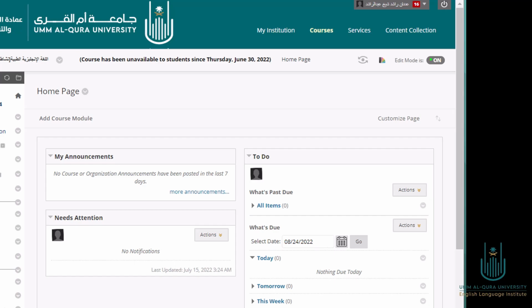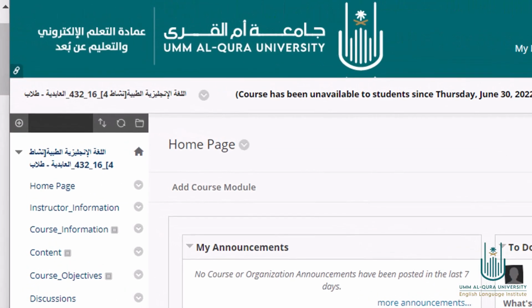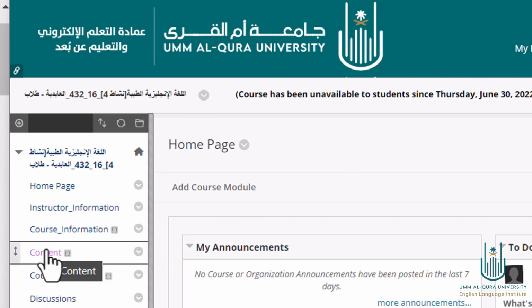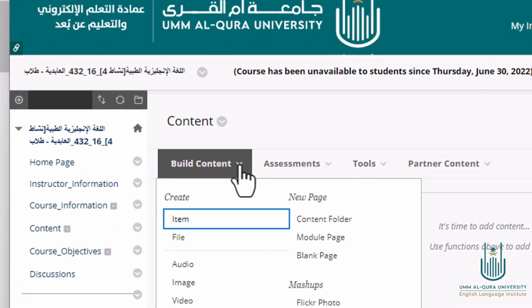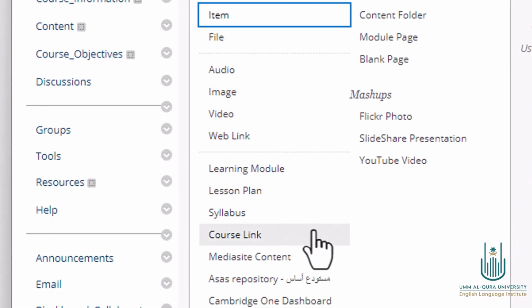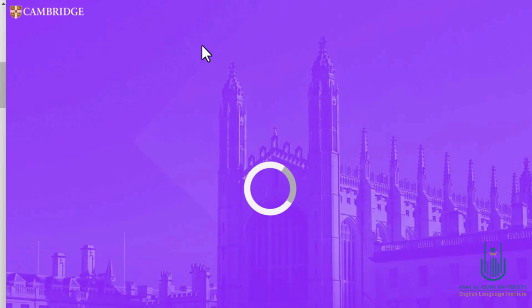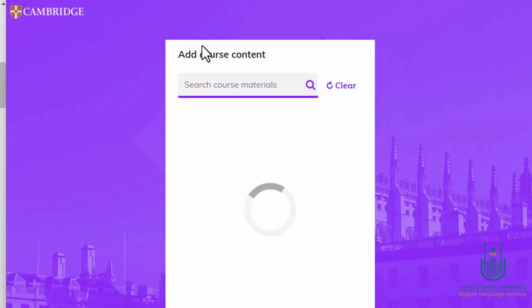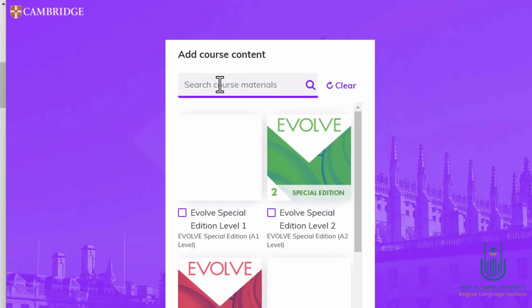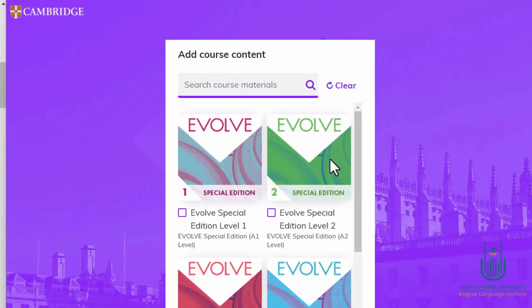So in your standard layout of courses, when you have your courses assigned, you will see them under the courses. There you will click on the content section and then build content, and then you will see down over here Cambridge One dashboard. It will take a few seconds for you to see that. It takes time, I think, for the first time. And then you will see all of these